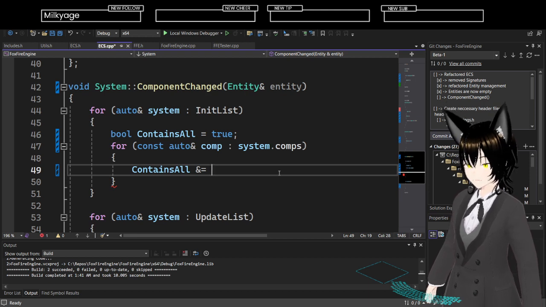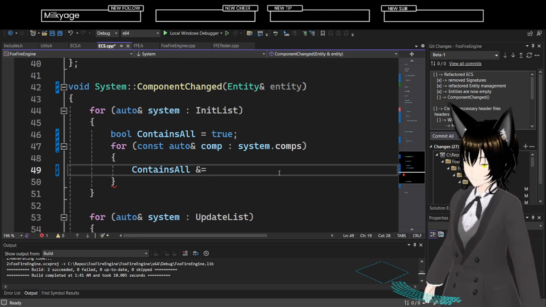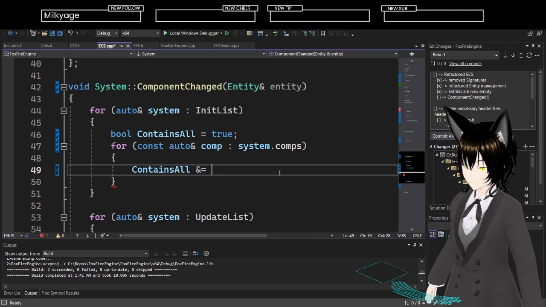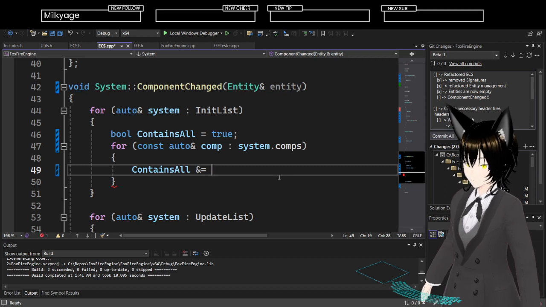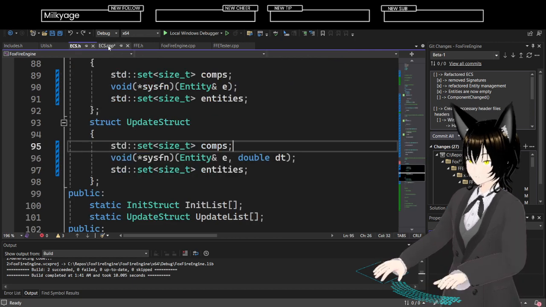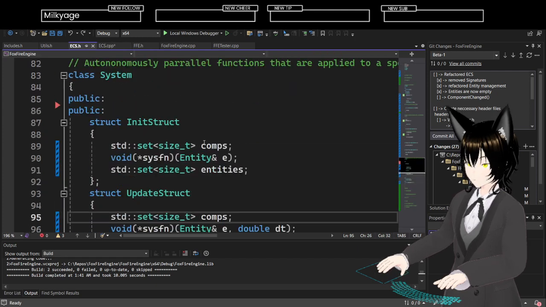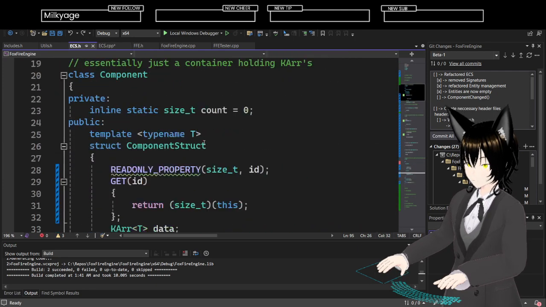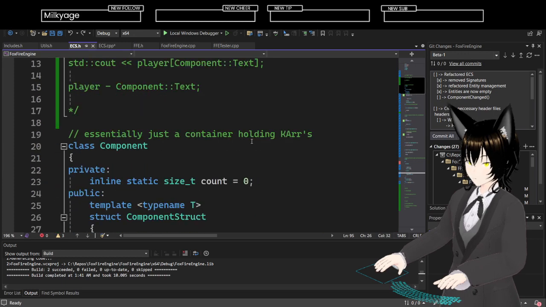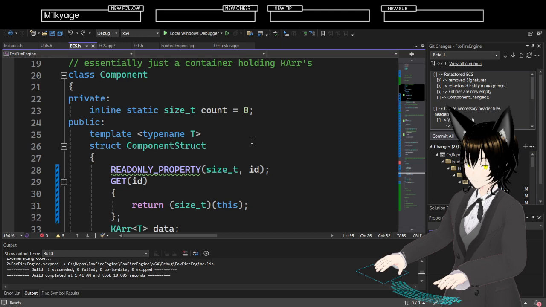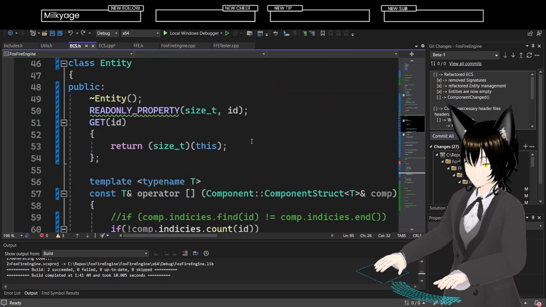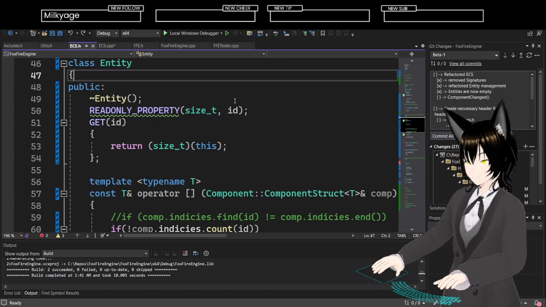Seems like a pretty massive overhead. Which actually feels no different. That does feel no different.